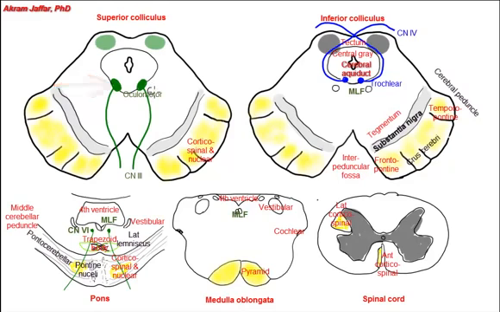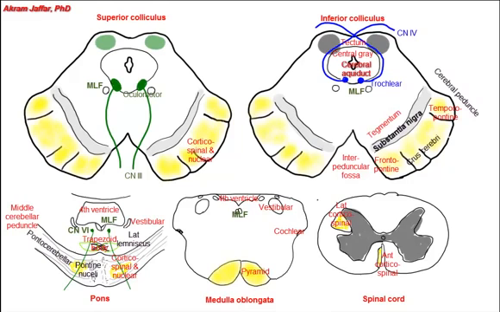And so here again we can see this is the medial longitudinal fasciculus that is so closely related to the motor nucleus of the oculomotor nerve. The medial longitudinal fasciculus, through its connections, is responsible for the neural control of the gaze, vertical and horizontal control,